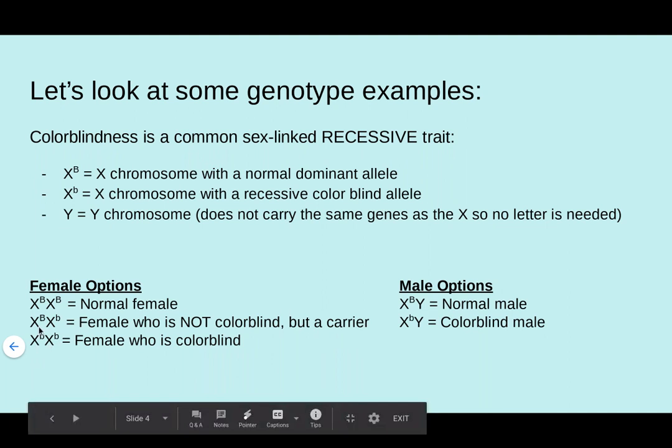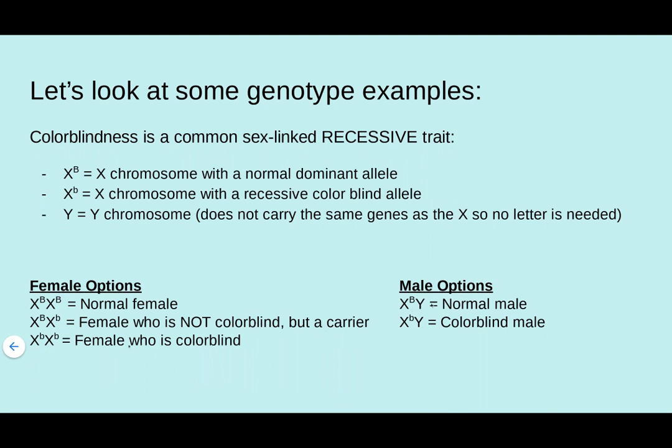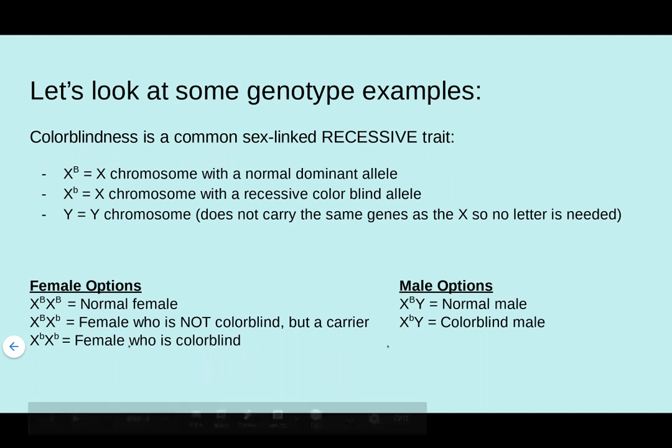The last one here is a female who is colorblind. She has 2 of the recessive alleles. That means she got a recessive allele from her father and a recessive allele from her mother. So both parents were able to pass on that recessive allele. For males, there's only 2 options. Because we don't mess around with the Y at all, because that has totally different genes, if you're a male, you either inherit the dominant normal gene and you're not colorblind, or you inherit